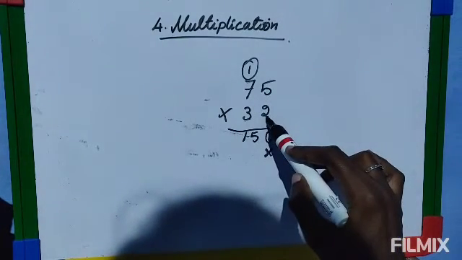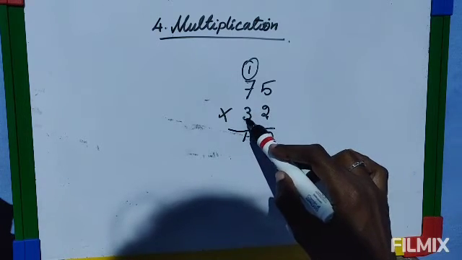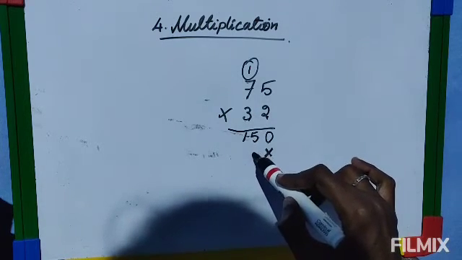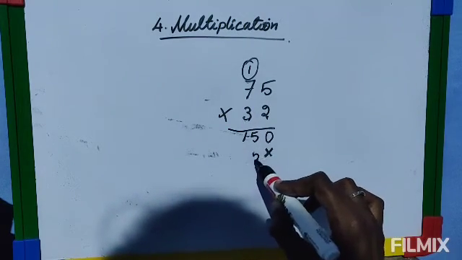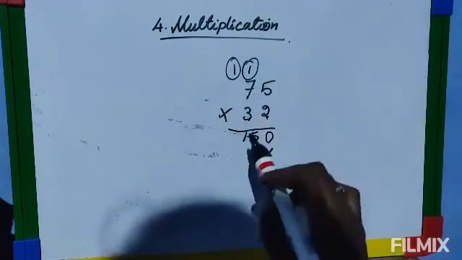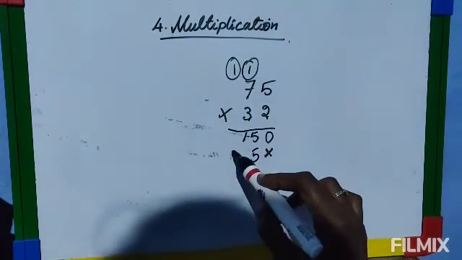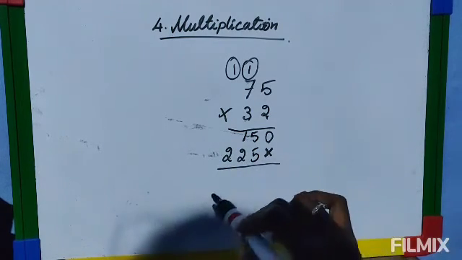This was multiplying by the ones place, so you started from the ones place. Now you are multiplying by the tens place, so you start the answer from the tens place. Now 3 5s are 15, so 5 you will write here and 1 is carried here. 3 7s are 21, 21 plus 1, 22. The digits are also arranged properly.